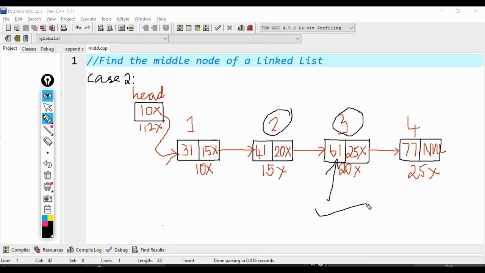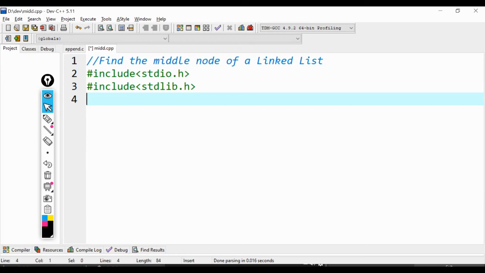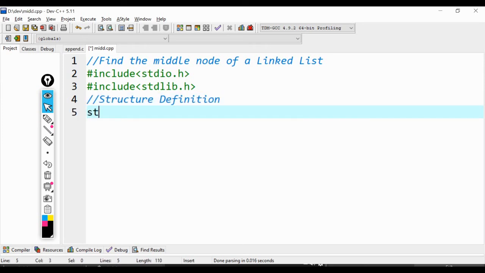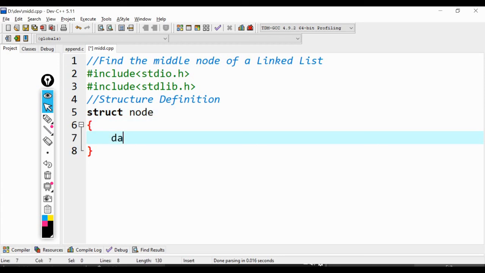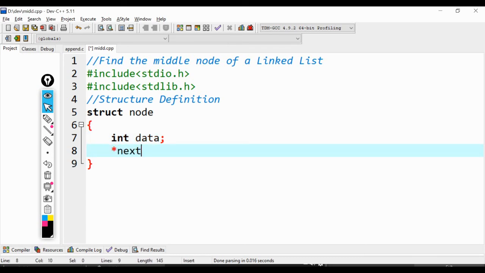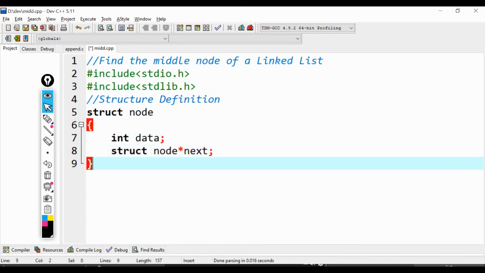Now let us implement the C code. Let us start implementing the code. As you know, a node in a linked list is represented using structures. We'll first write the structure definition of a node. So struct followed by my structure name node. Each node will have two parts. The first part is the data. I assume my data as the set of integer values, so int space data. The second field is a pointer variable named next, and this pointer variable will be referring to the address of the next node. It should be represented as a self-referential structure. The structure definition is to be terminated.